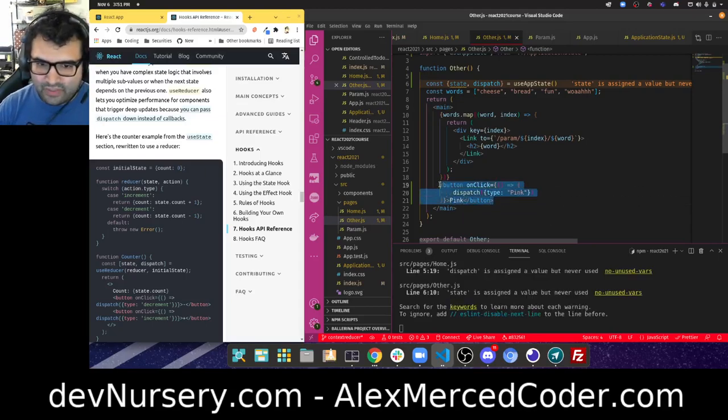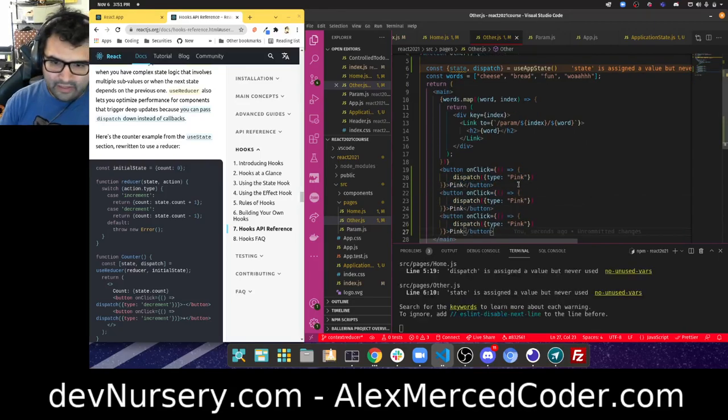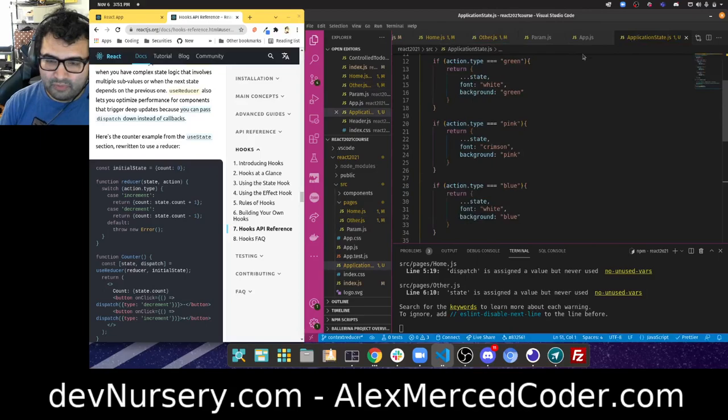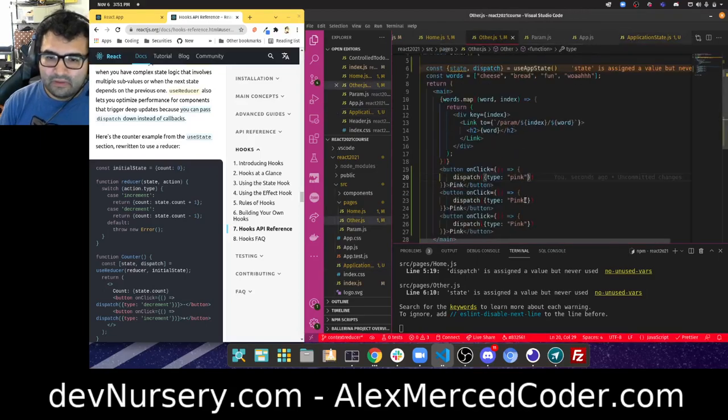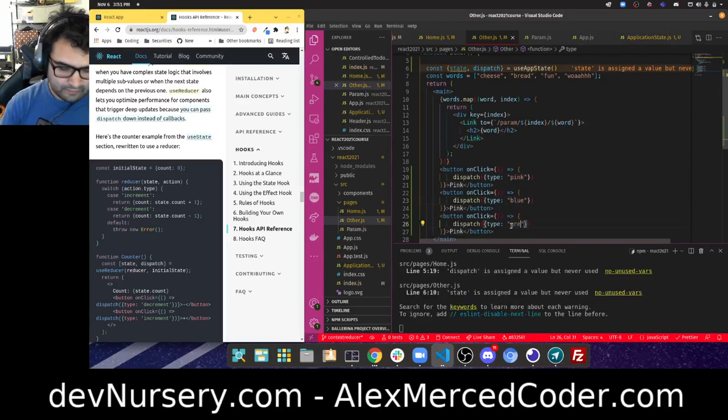Okay, so once I have that whole reducer set up, this actually becomes a lot easier because now I can just go boop, boop, and then, well, this should be pink because I think I did a lowercase in my reducer. So let me just double check. Yep. So green, pink, blue. So I passed, again, the right type. So pink, blue, green. So blue,